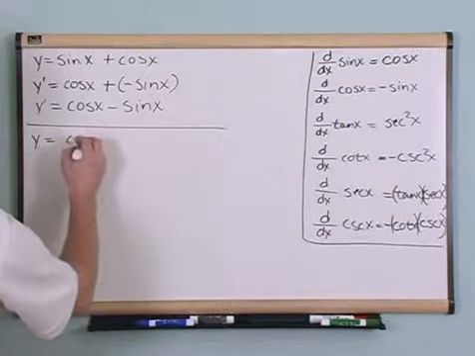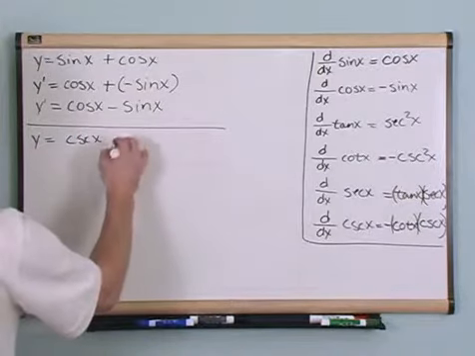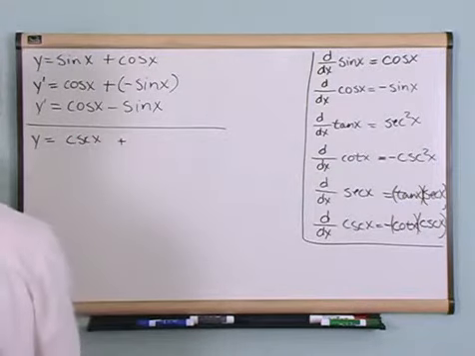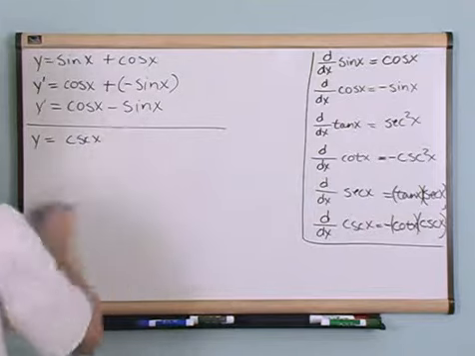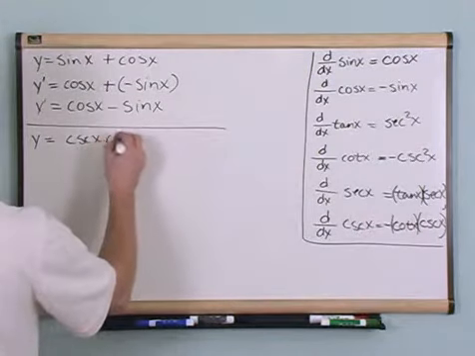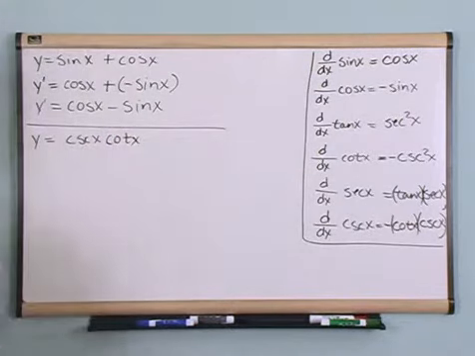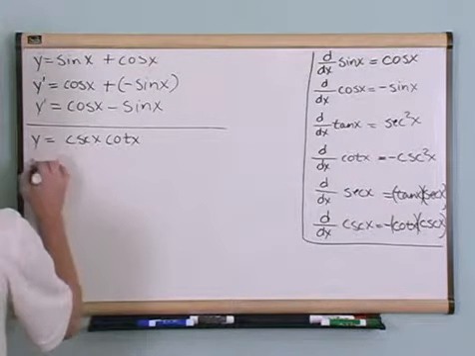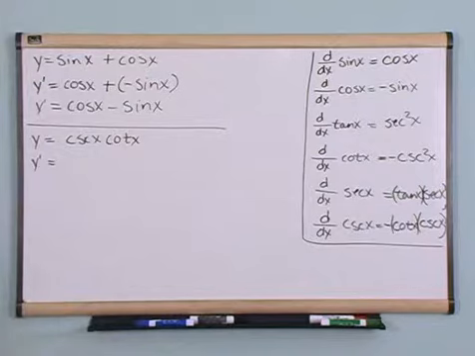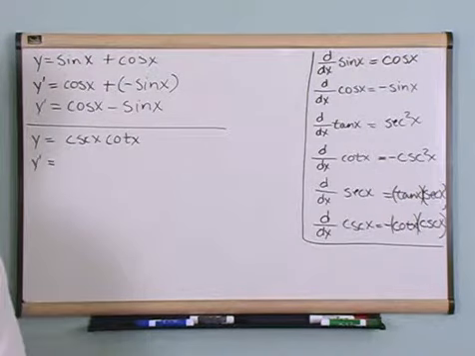What if you have cosecant of x plus, actually what I want to do is something a little bit more challenging, cosecant of x times the cotangent of x, and you're supposed to take the derivative of that. Okay? So